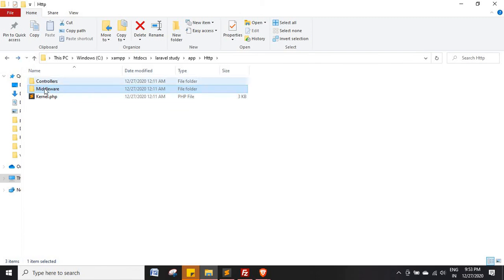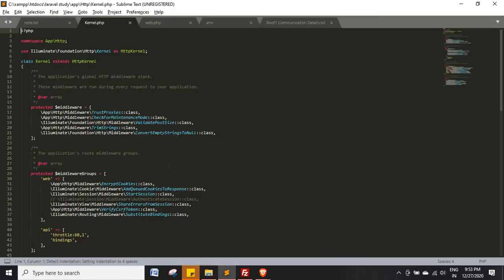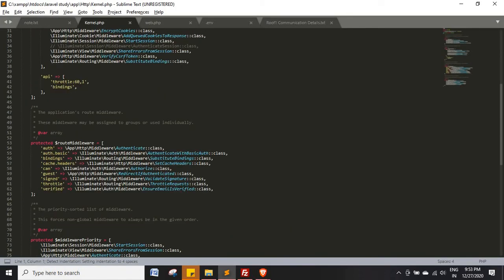Because it's a route middleware, you will give it a name, and the directory where it is. Like this, our directory will be App\Http\Middleware and the name of the middleware.